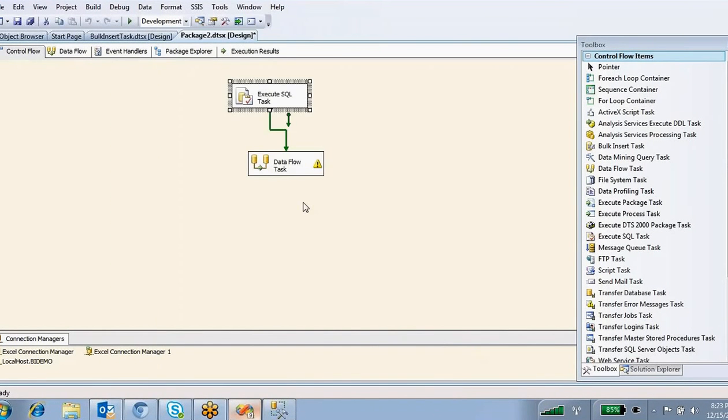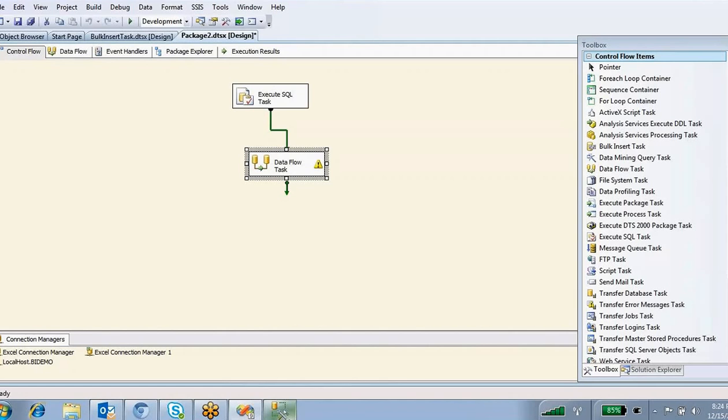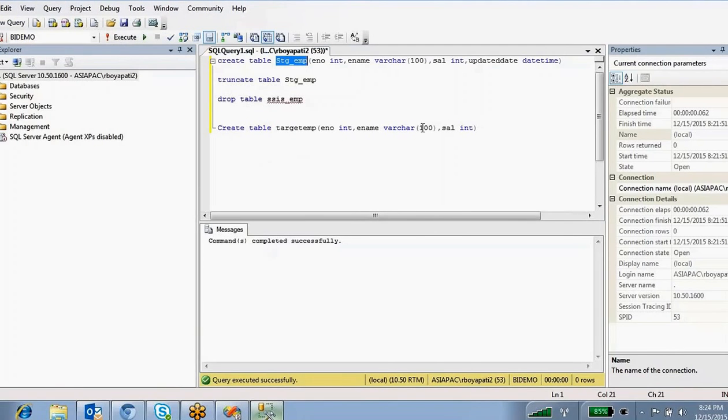After this, you are going to compare the stage data with the target table, whether this record exists in the target table or not. If it exists, then you have to update; if it does not exist, then you have to insert, because that is a new record. For that we are going to write a merge statement.